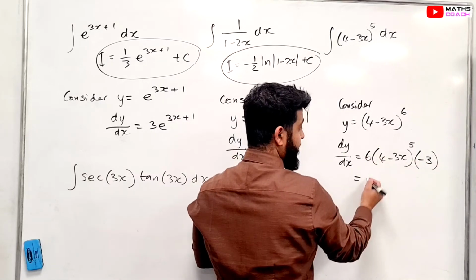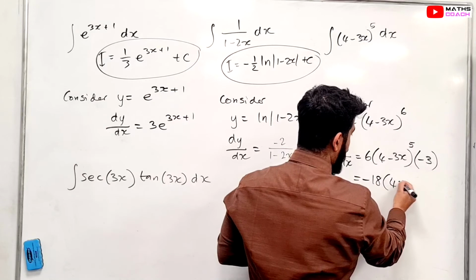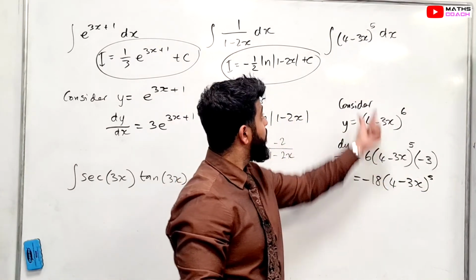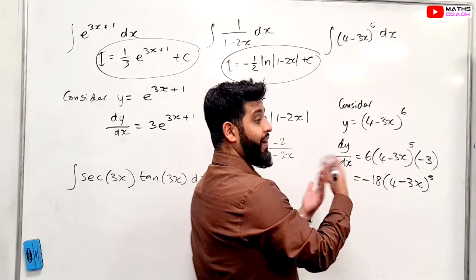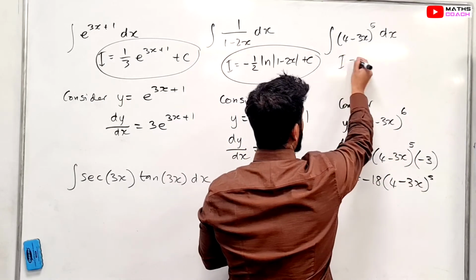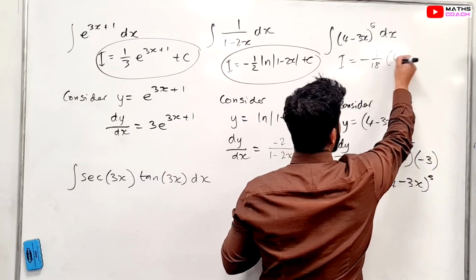Simplify this, what do we get? 6 and minus 3 is minus 18, 4 minus 3x to the power of 5. What don't we want here? We don't want the minus 18. So we're going to divide by minus 18. So therefore the integration of this would be minus 1 over 18 and that